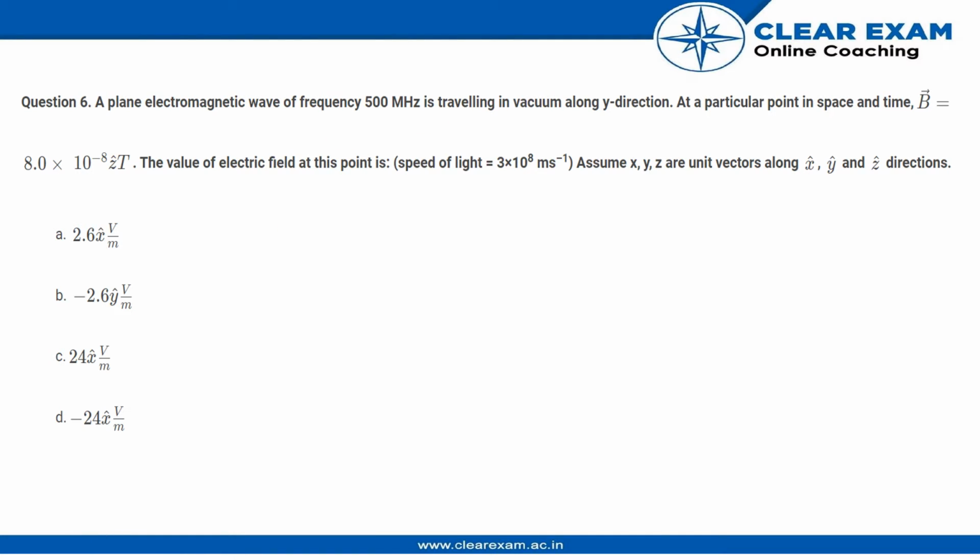This question is extremely important as there are many hints that are hidden in the question. So first of them would be the electromagnetic wave is traveling along y direction. Now this will be useful for finding the direction of the electric field. And then B vector is given to us to be 8 into 10 raised to minus 8 z cap into t. Now we have to be extremely careful while writing the directions over here.